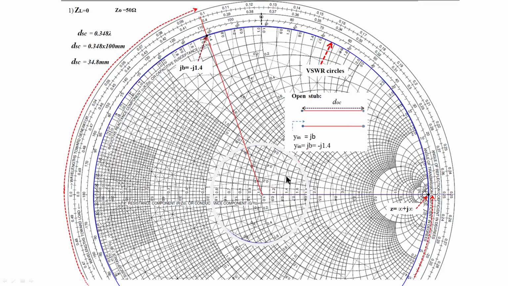Okay, that is a stub design for the required value of normalized x and b. From the normalized value of x and b you can get the component values. It is not a tough thing. You convert the normalized value by multiplying with Z naught, then you can get the component values, whether C or L, from that opposite, converse approach. We can do that easily.